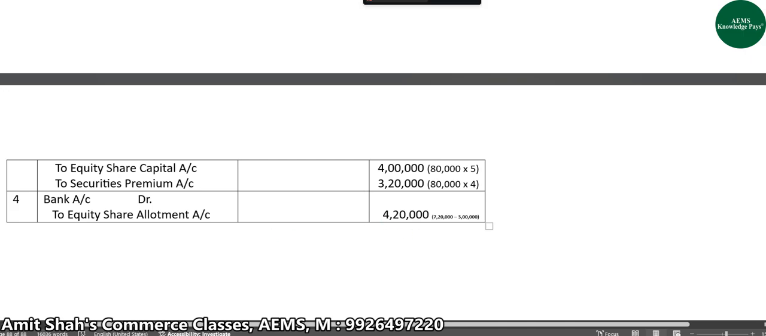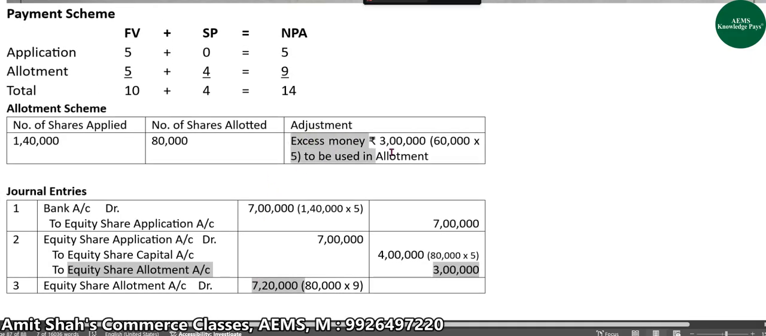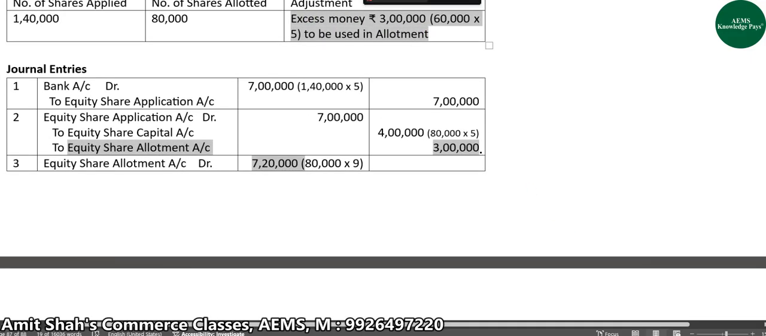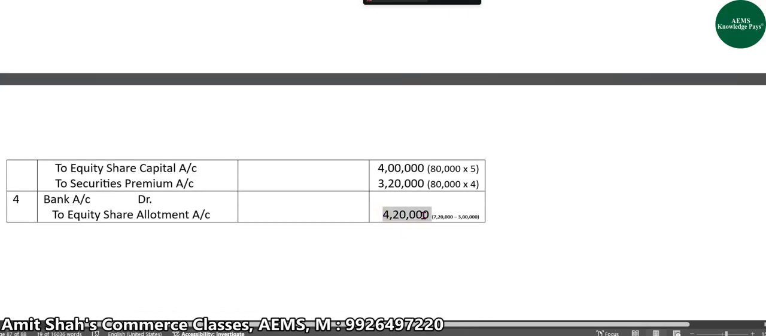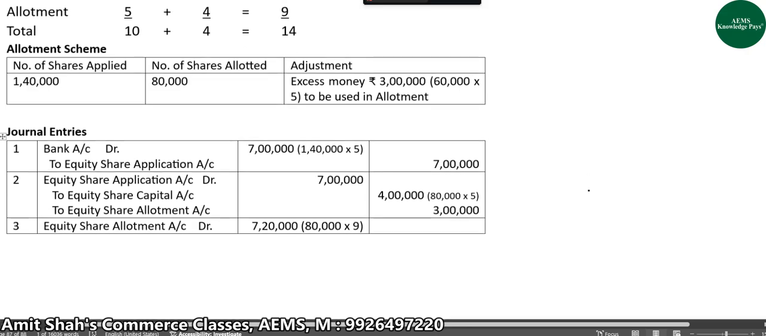How much money do we require on allotment? The net amount that we require is 420. We wanted 720, but out of that 3 lakhs is already with us, which we received as excess money along with application only. So after adjusting this 3 lakhs excess money, the net amount that we want is 4 lakh 20,000. But here one shareholder, Rajiv, has defaulted, who applied for 1400 shares. So we have to find how much money Rajiv has actually not paid,